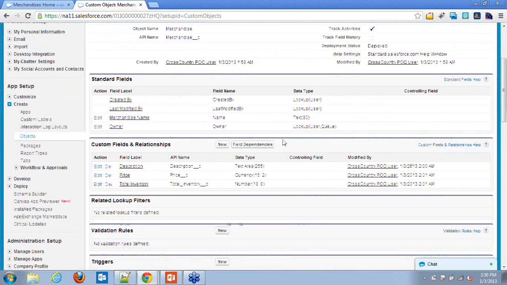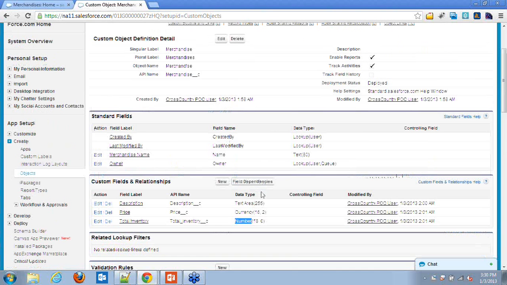So you can see your three fields: description as a text area type, price as a currency, and total inventory as a number.